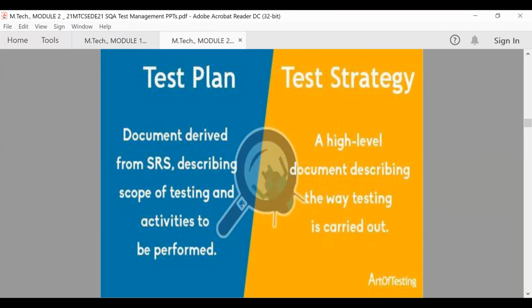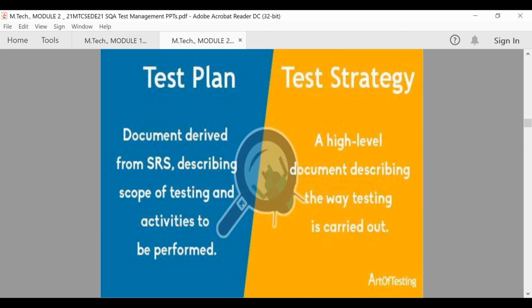To understand better what test strategy, test plan, and test management are: the test strategy is a high-level document describing the way testing is going to be carried out. The overall organization test strategy defines the project's test strategy.